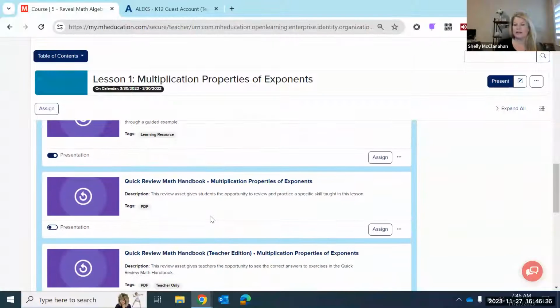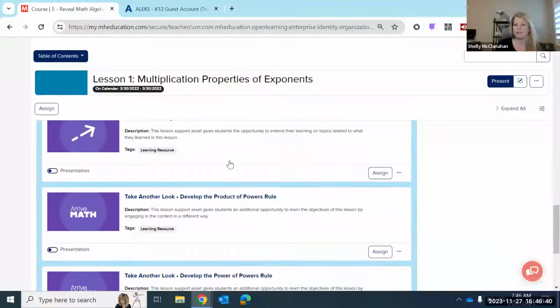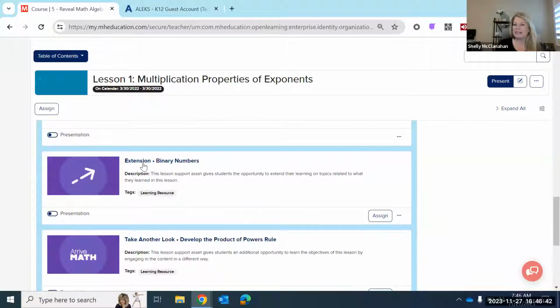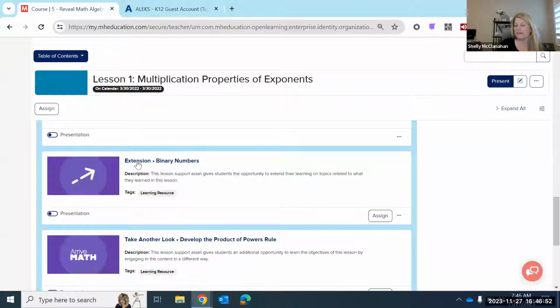And as I scroll down and we're staying in those additional resources that are there, there's an extension activity. So you remember in my ALEKS experience, I had these kids right here that already know this topic. I don't want to teach that. I might come over to Reveal and I might assign this extension activity to them. So again, let them work further in their pie, let them do this extension activity if I needed to, and